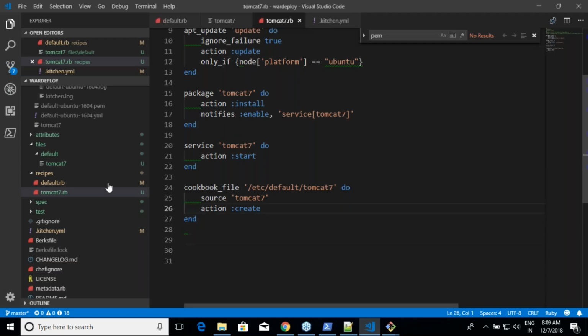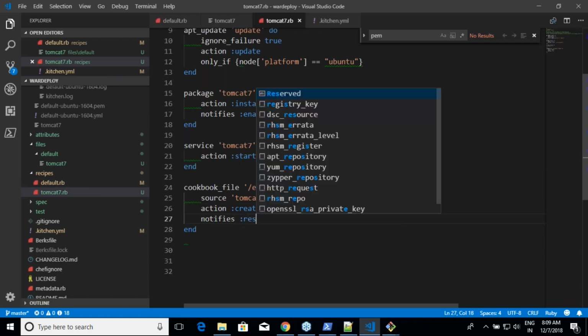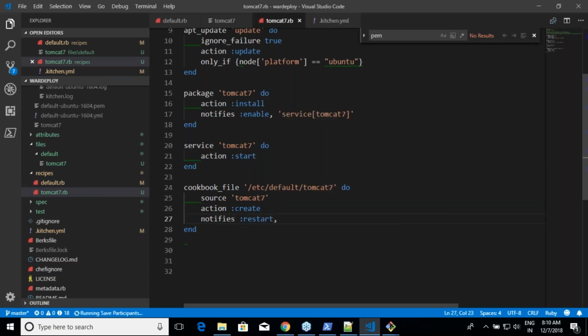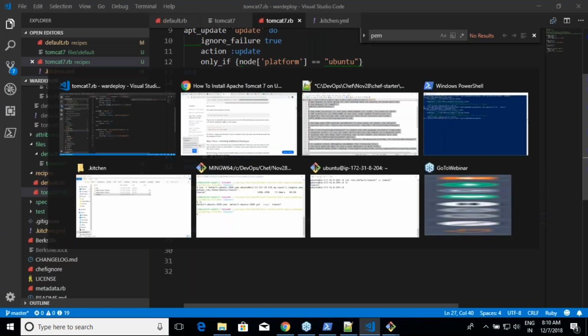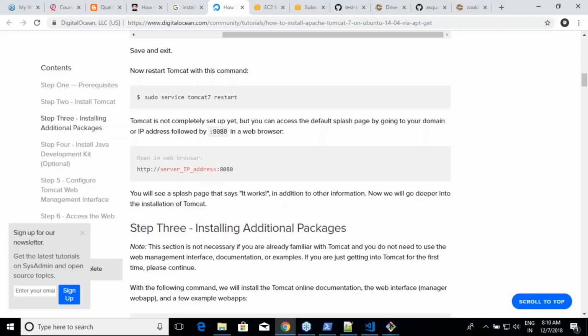Do I need to write a service again, or can I do notification? So I'll say notifies colon restart, and then on service of Tomcat. Simple. Yeah, okay.